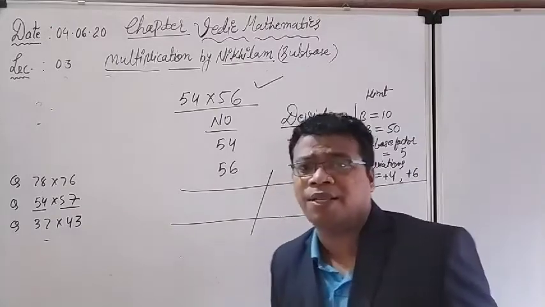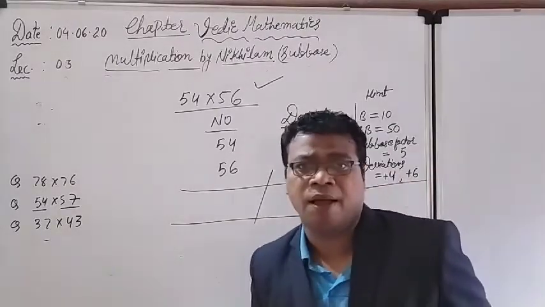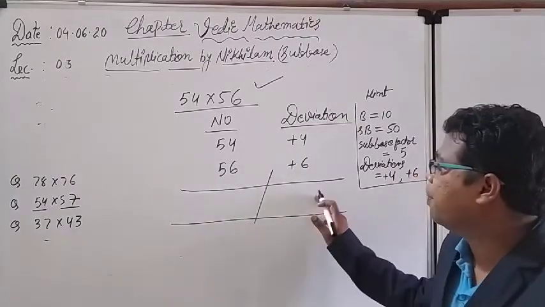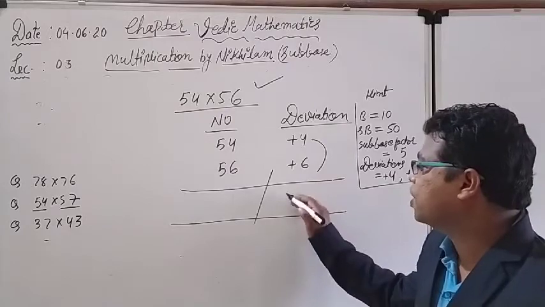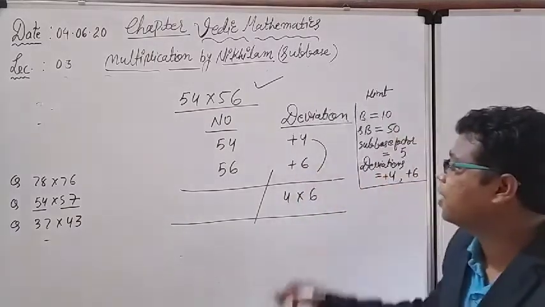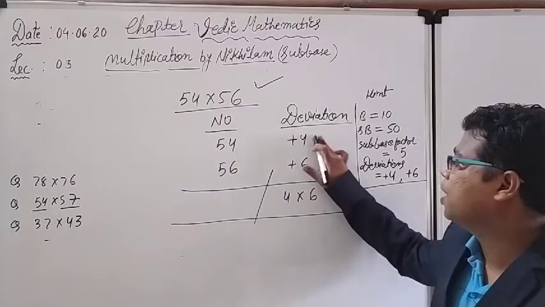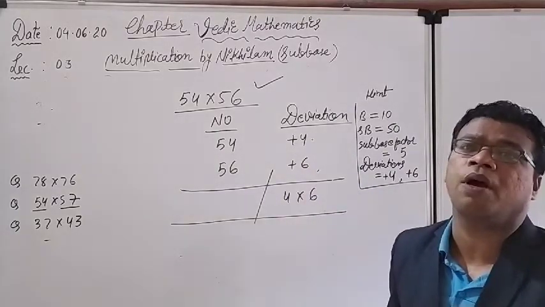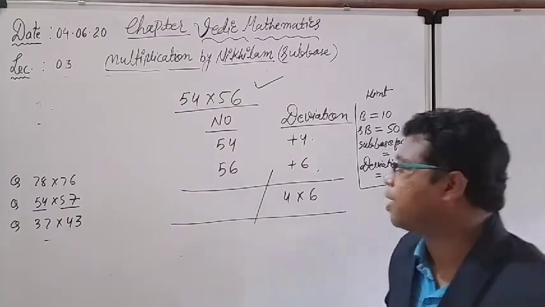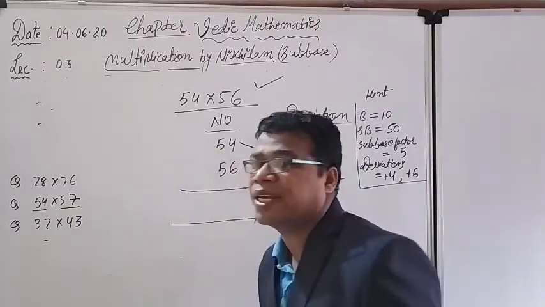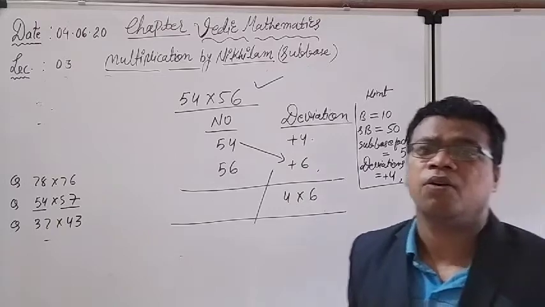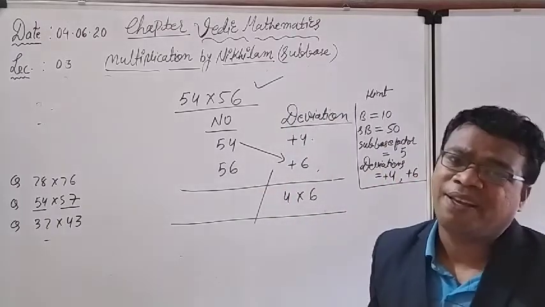Right now see, the answer will come in two parts. I have to calculate the answer in two parts, right hand part and left hand part. In the right hand part, what I have to do: the deviations that I am getting, I have to go for the multiplication. What are the deviations in front of me, I have to go for their product. Plus 4 plus 6, so 4 into 6. In the left hand part, I have told you I have to go for the cross addition, either cross addition in case of the positive deviation, or cross subtraction in case of the negative deviation.